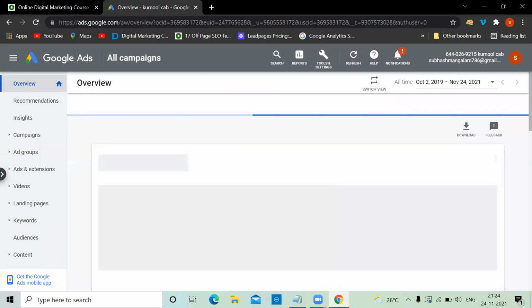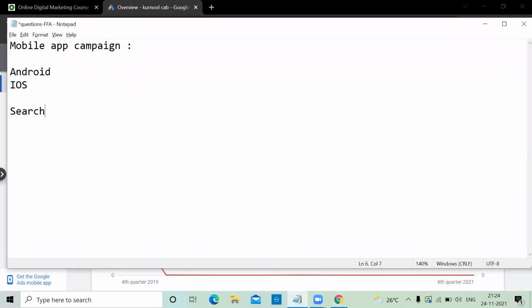So mobile app campaign, as we discussed, the search network ad will be a text ad. Bidding type is CPC. Your ad will be appearing on SERP, and you can filter by keyword and location. You can mention for what keyword you want to run the ad and which location. But when it comes to mobile app, remember, a mobile app ad will appear mostly on mobile phones only. On a smartphone, on SERP, your ad will appear. When you search, there also it will appear.